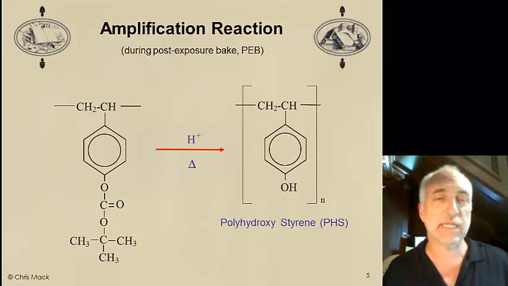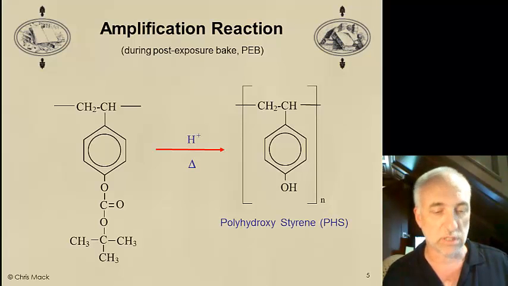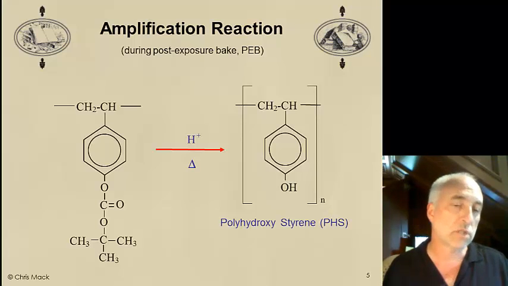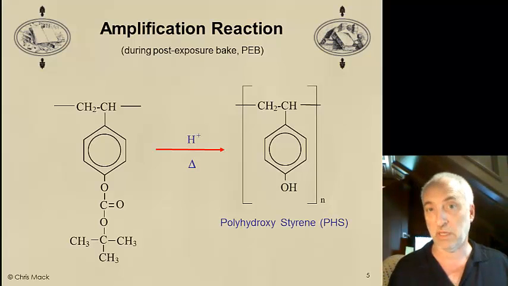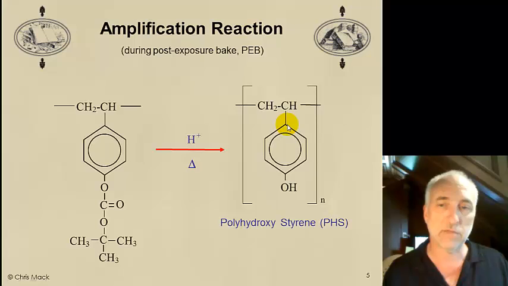All right, we've generated acid upon exposure, but that is not enough to cause our photoresist to change. Instead, there's going to be a second reaction that occurs during the post-exposure bake, or PEB. And to understand this reaction, I'm going to start with the product. The product of the reaction is over here,